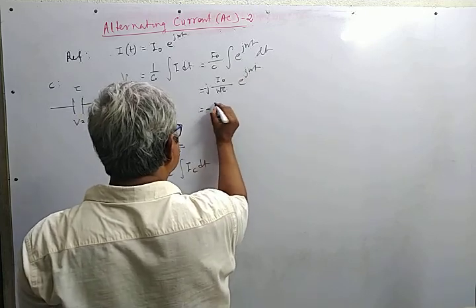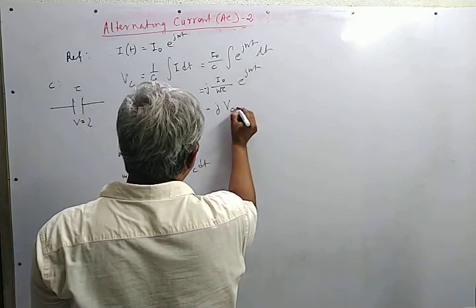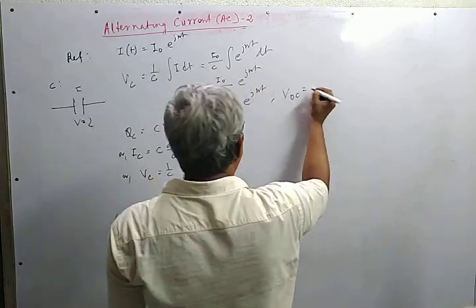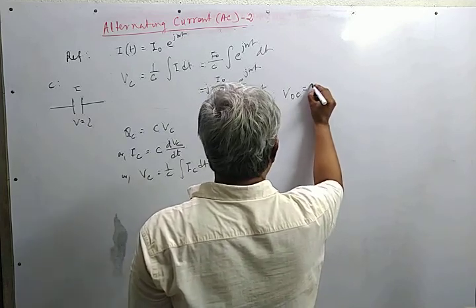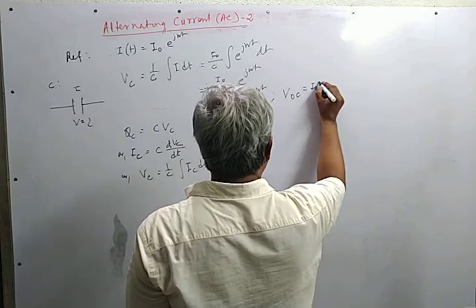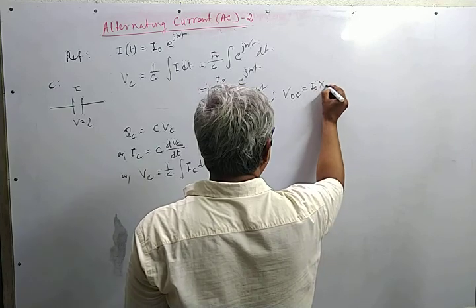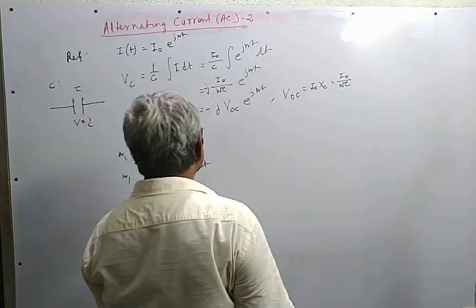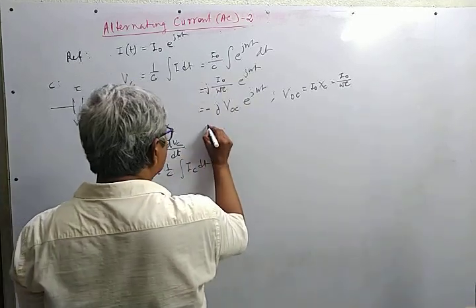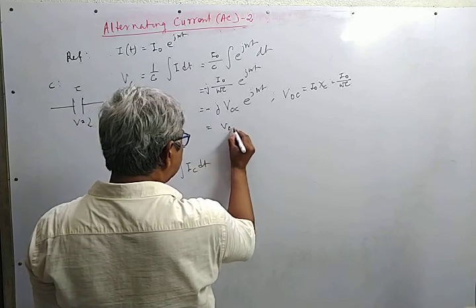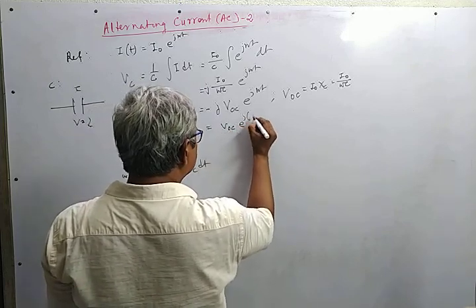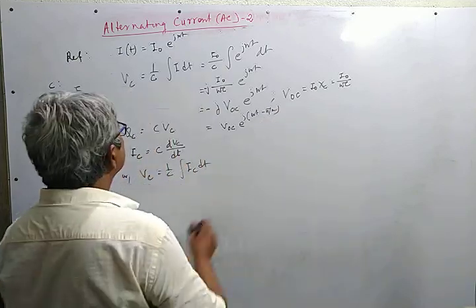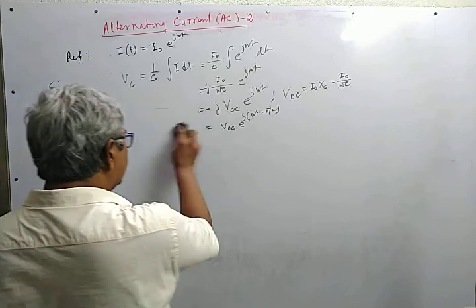We call it minus j V0c e to the power j omega t, where V0c is equal to I0 times Xc is equal to I0 upon omega C, and we can also write it as V0c e to the power j omega t minus pi by 2. So we see that Vc lags behind I